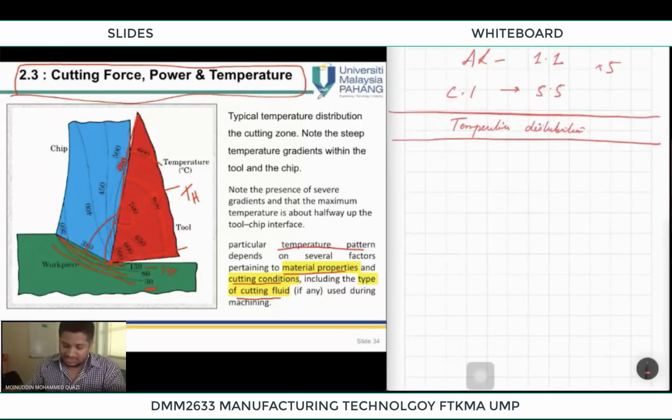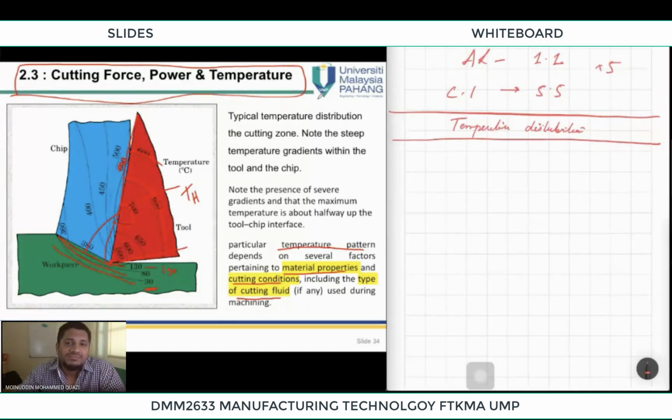So there is no numerical for cutting force. It was only for the concept that there are two types of forces. One is the force on the chip, and one is the force on the tool. Force on the chip can be due to the friction force and the shear force. Force on the tool is usually due to the cutting force and the thrust force. So this was only the concept of forces for you guys.